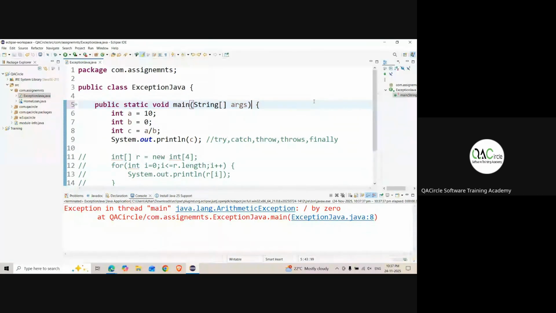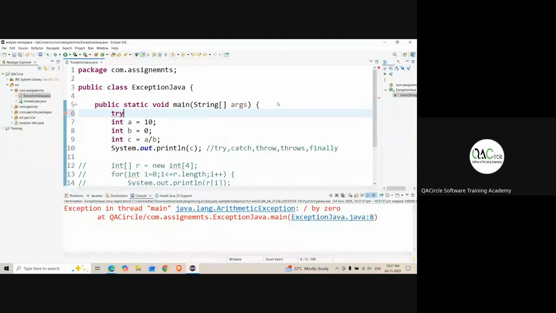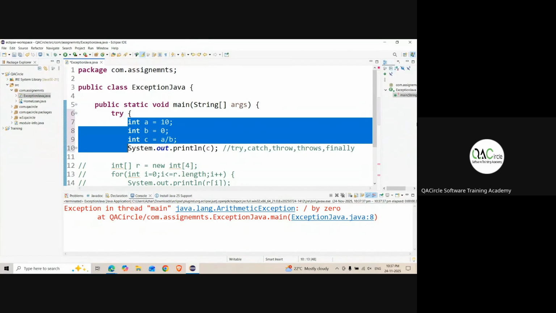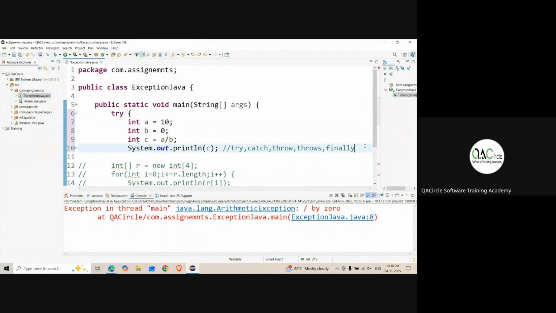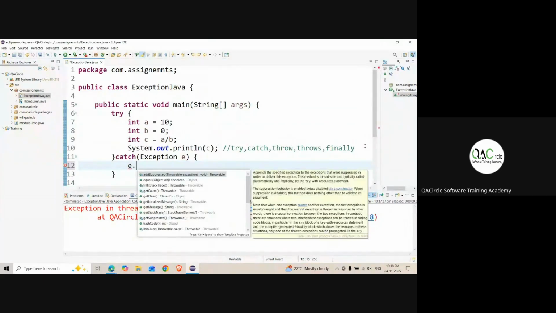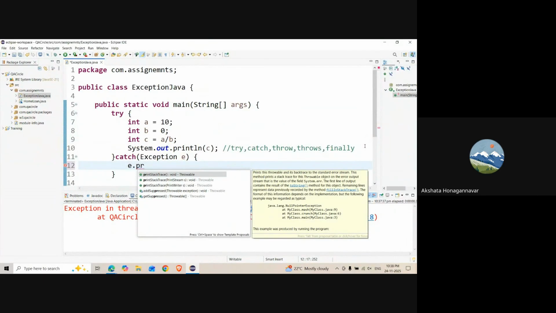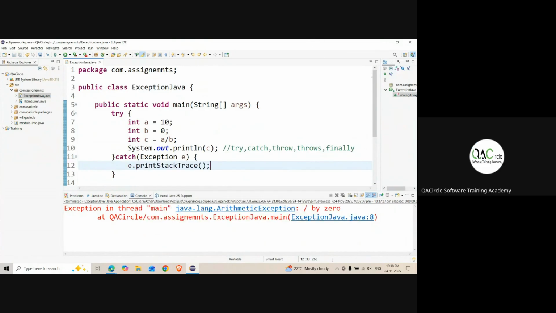There is something called try and catch. There's something called try block. We'll write everything here, and this will definitely throw an exception, arithmetic exception. Now, I have to catch this exception. It is simple, cricket only. Again, Rajesh, same class. Rajesh likes cricket. We'll follow the same concept. Let's say I'm writing catch exception e. I want to print e dot printStackTrace, something like that. If I save and run it,